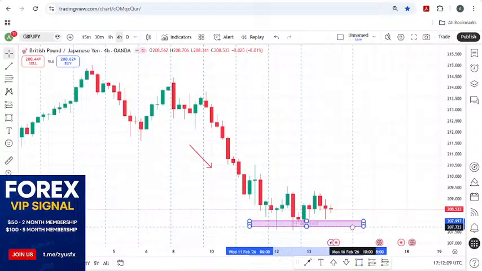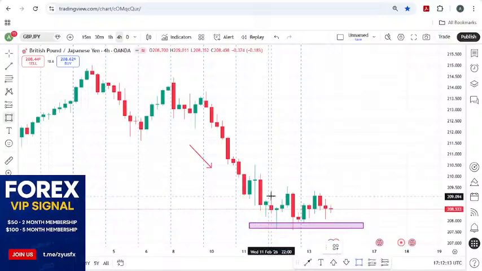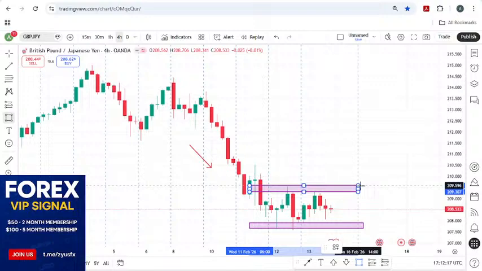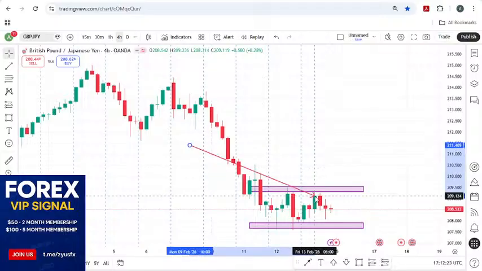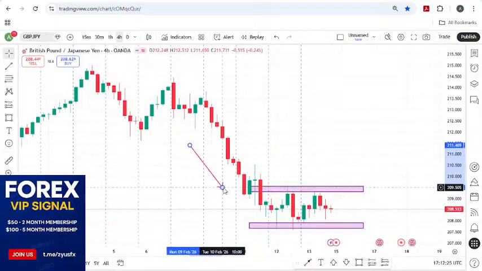We want to account for as many weak rejection as possible. Remember, it's an area, it's not a single line. The same principle apply when you are marking your resistance level. You want to account for as many weak rejections. So what do we see? The market is